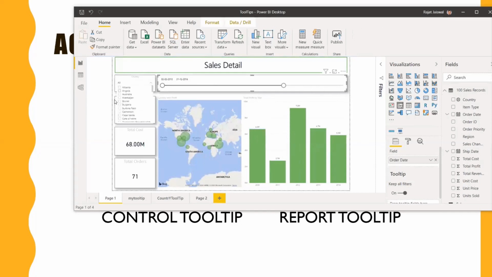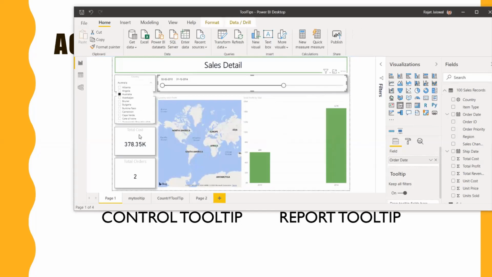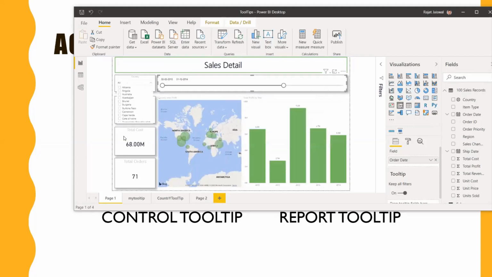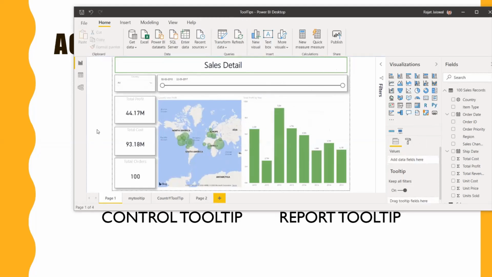So if you want to change the country or filter by country, suppose I want to filter with Australia, so it's showing what my sales are in Australia in 2013 and 2014. Okay, and similarly it's showing the graph. Fair enough. Now let me do it.